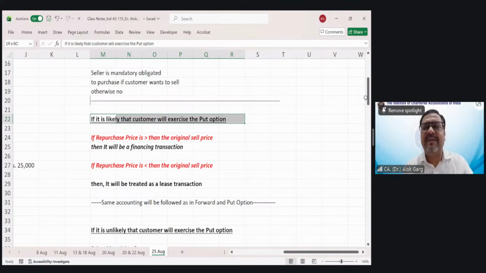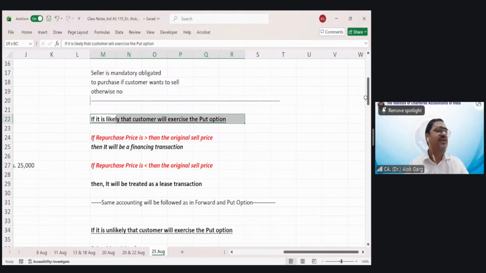Why will the customer tell the seller to repurchase? Let's say there could be scenarios. For example, the seller told the customer that I am selling you these goods for 10,000 and I will buy back these goods at 15,000 rupees. And the seller and the customer know that after 2 years, the market price of the goods will be 12,000 rupees only. Tell me, in that case,